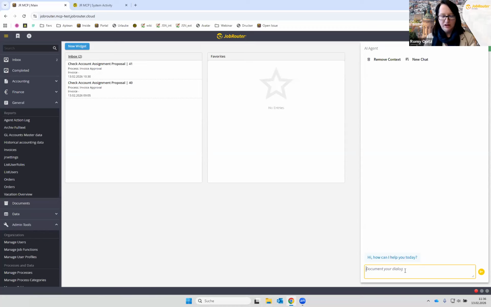So we do have some guardrails in there, some checks based on my current user account. So what I can do here, for example, I can ask, are there any open invoices? You can see on the left side, I do have a report called invoices. So it's very likely the agent will go in there and check and find invoices that are open.